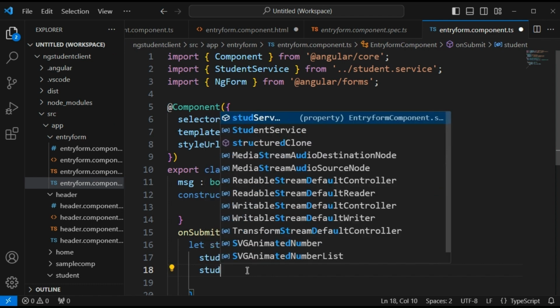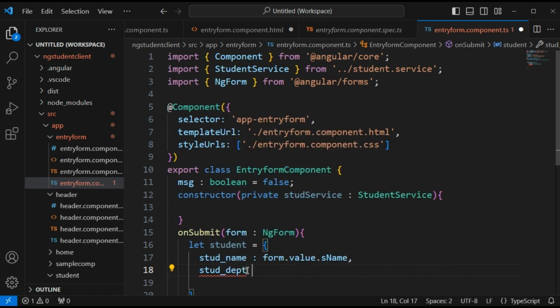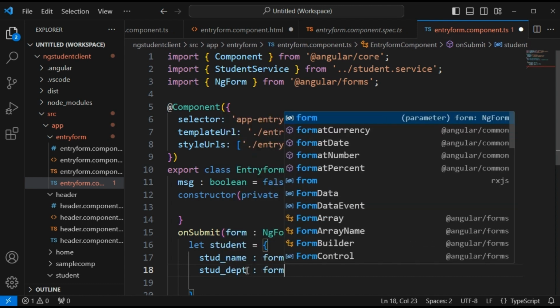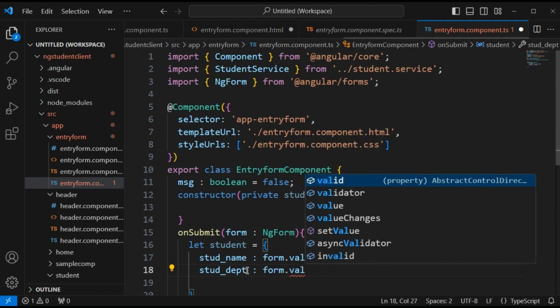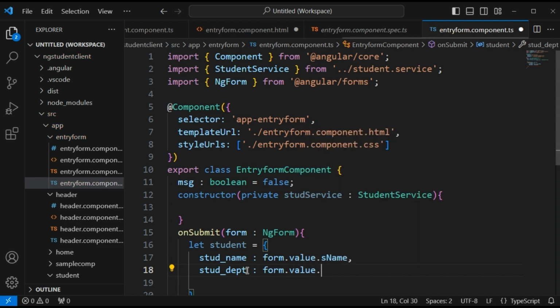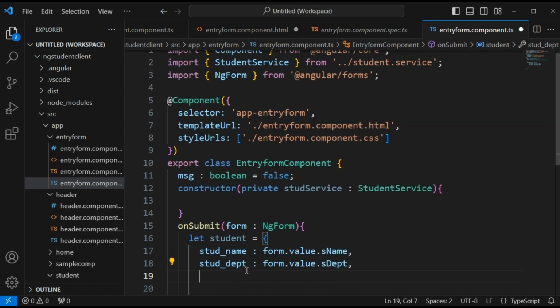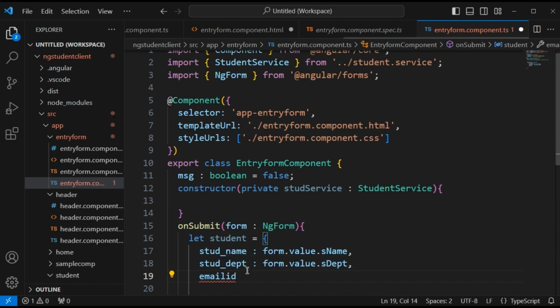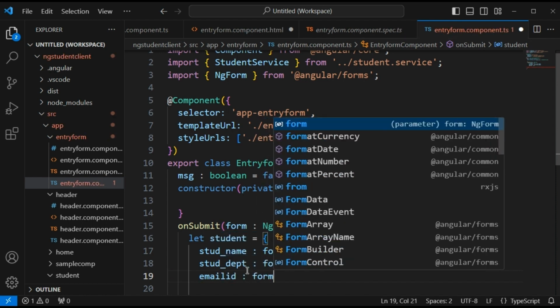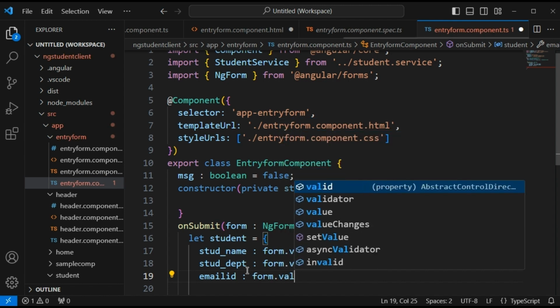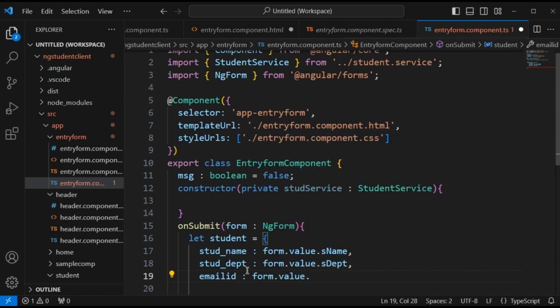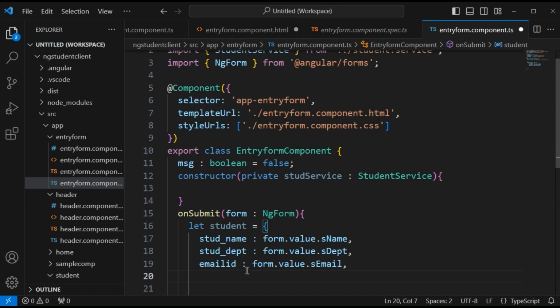Then student_dept equal to form.value.sdept, comma, then we have email id as form.value.semail, comma,